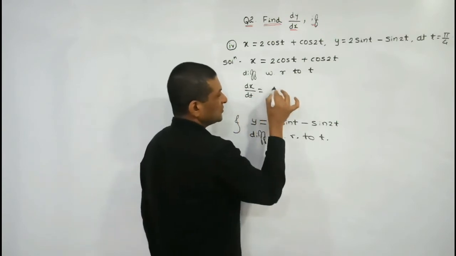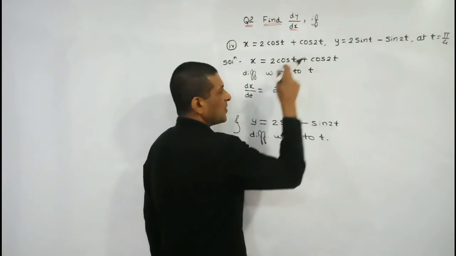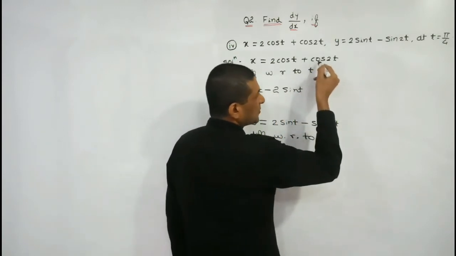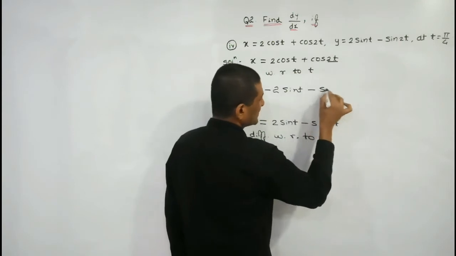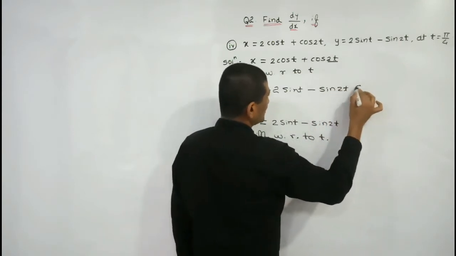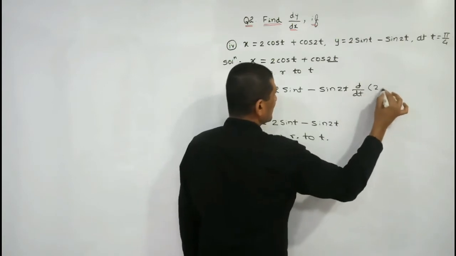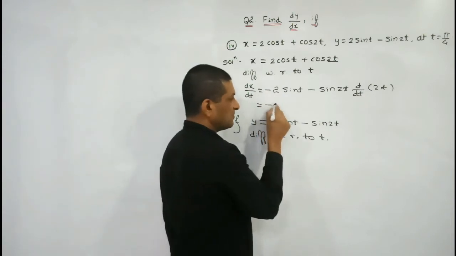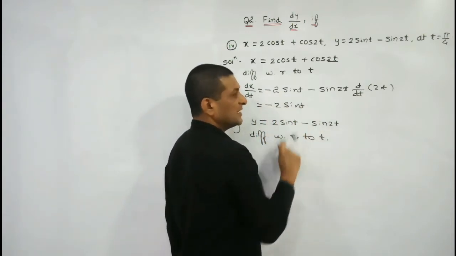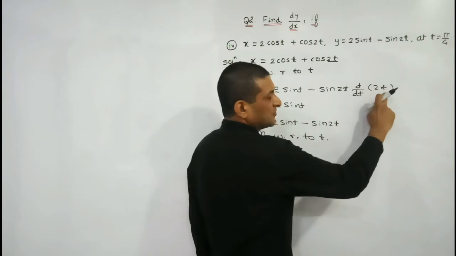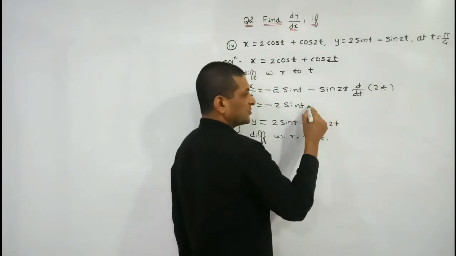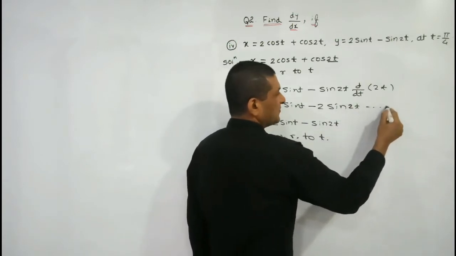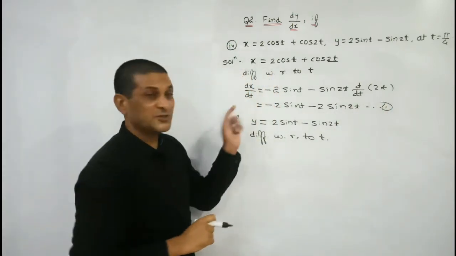So observe the function, 2 is a constant term, keep it as it is, derivative of cos t with respect to t is minus sin t. Again here derivative of cos f of x will be minus sin f of x. What is the value of f of x? 2t into derivative of f of x means derivative of 2t. So here nothing is there to simplify. In the first term keep minus 2 sin t as it is. Again here derivative of 2t will be equal to 2, and 2 into minus will be equal to minus 2 sin 2t. In this way we have got the differentiation of x with respect to t.